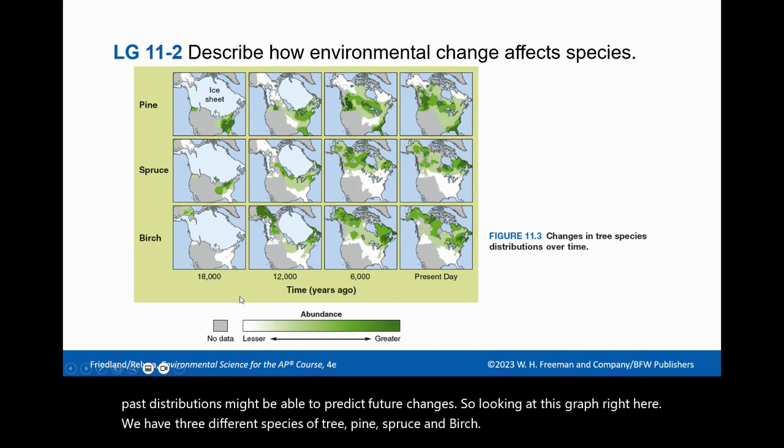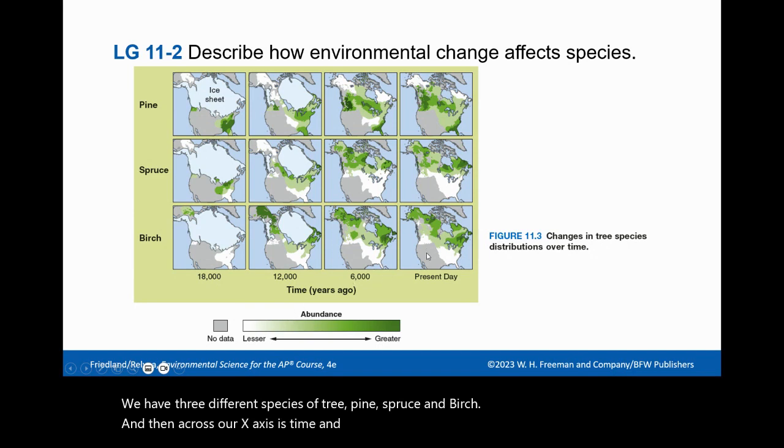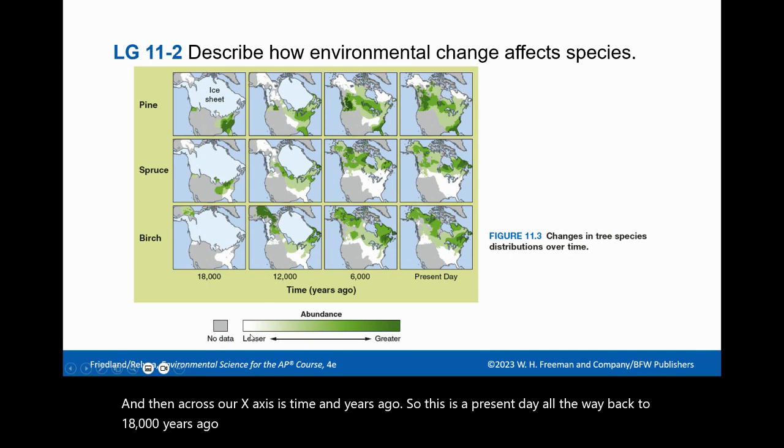And then across our x-axis is time in years ago. So this is present day all the way back to 18,000 years ago. Gray is no data, white is lesser abundance, and green is greater abundance. So you can see